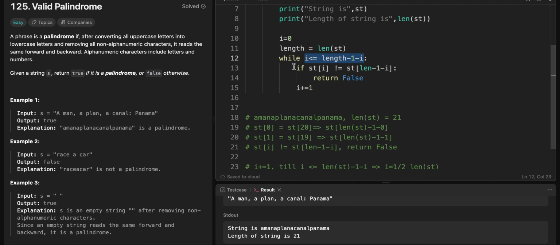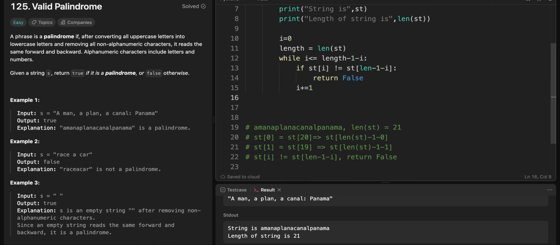So if this condition is not satisfied and we are done with the while loop, then after coming out of the while loop, we can return true, as now we know that our string is a palindrome